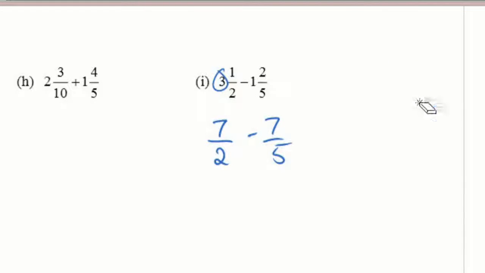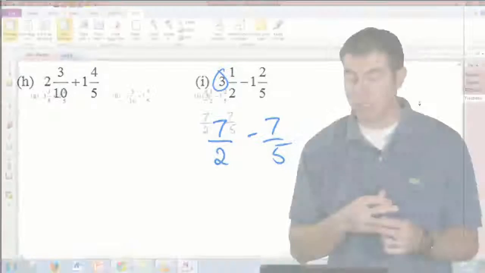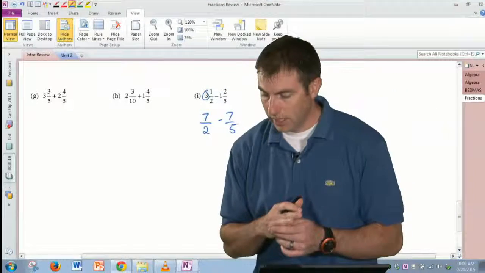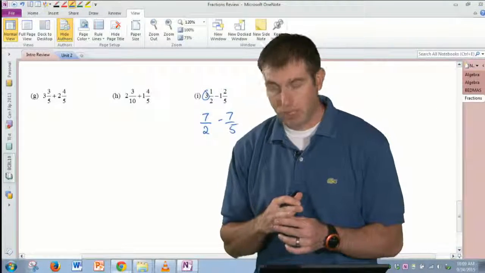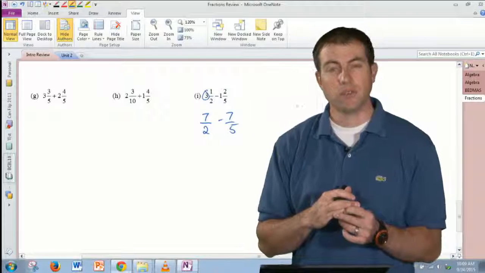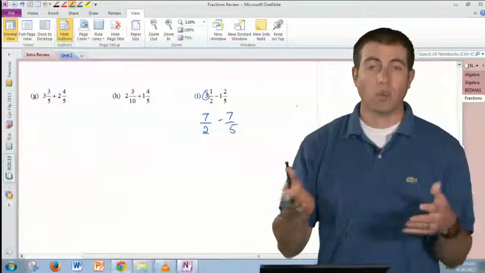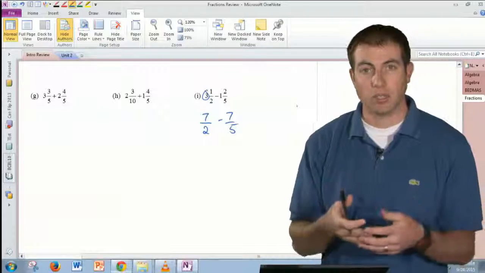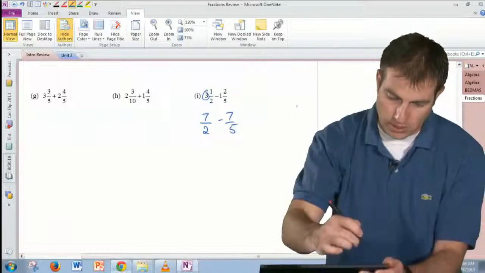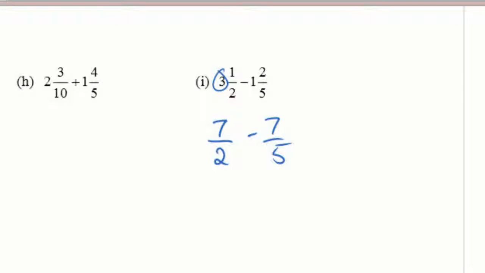So I'm subtracting these fractions, and if you recall from doing work with fractions, in order to add or subtract fractions, we need to have a common denominator. And in this case, I have a 2 and a 5. So what's common with a 2 and a 5? The lowest common denominator with the 2 and the 5 is going to be 10. So what I'm going to do is get 10 for both of the bottoms, or the denominators. So I'm going to multiply this side by 5 over 5. I'm going to multiply this side by 2 over 2.